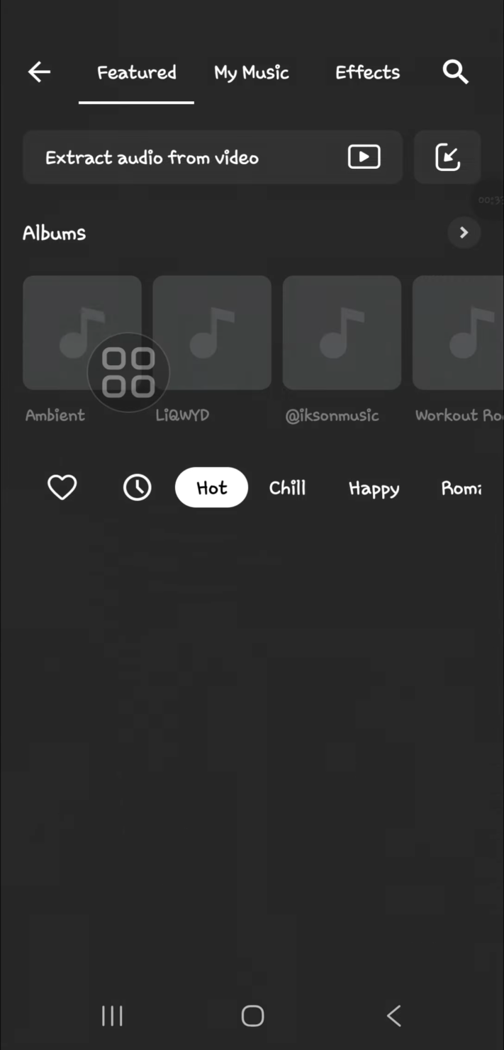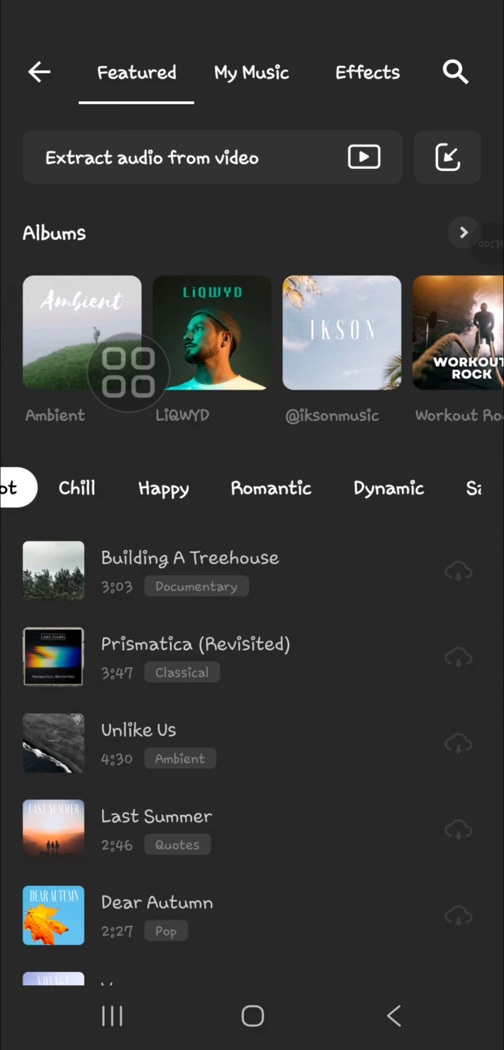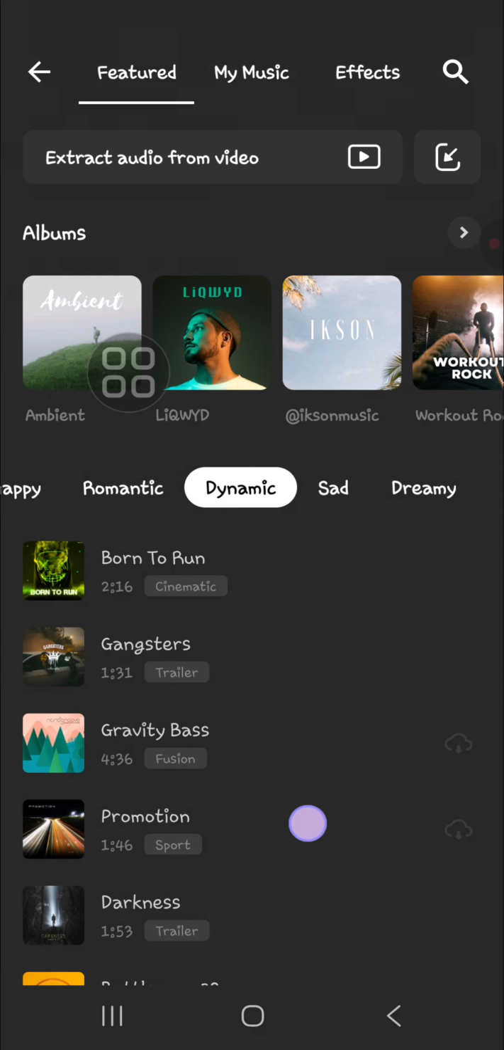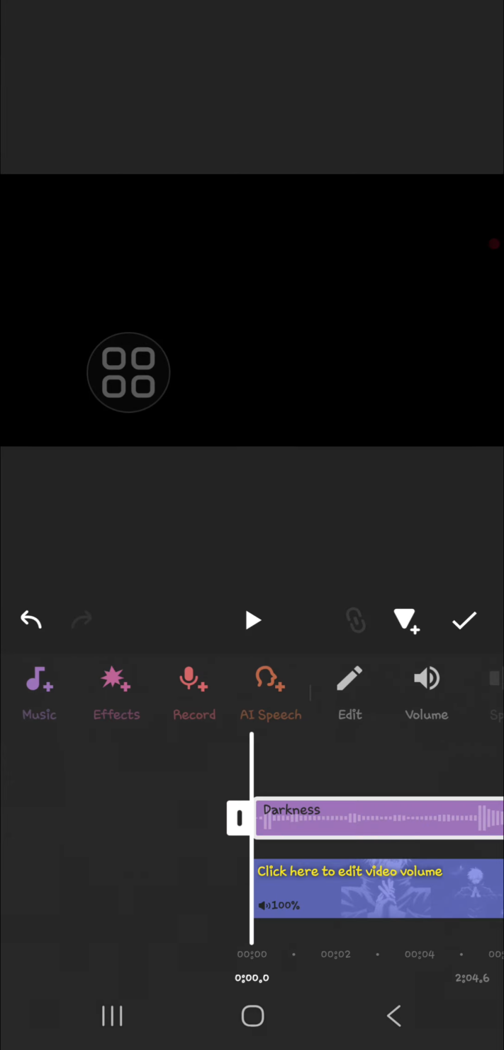We can go to the audio and then select music, and you can add music or song from your device, or you can use music from CapCut. And I'm going to use music from CapCut. For example, I'm going to use this music. Okay, I'm going to click on this plus icon to add the music, and then I'm going to add beat